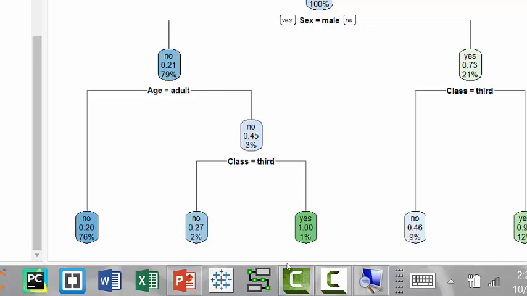Misclassification error. So our model is not 100% accurate. In fact, let me tell you, none of the models that we're going to build this semester are going to be 100% accurate. The question is how far off are we? We should have some sort of idea or measure of how accurate our model is. Is it a good model, or is it a pretty bad model because it misses a lot of cases? So let's start talking about